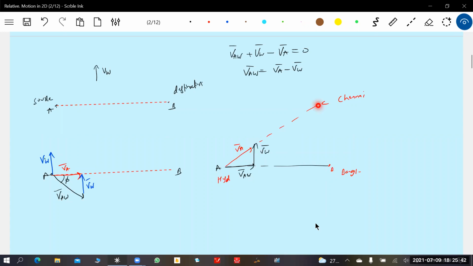So what will the passengers do? I think they will beat you, no? So what is the problem with the pilot? The pilot doesn't actually know the relative velocity. Are you getting it? I think this is the biggest problem we have. If this is Hyderabad and this is Bangalore, we should not land in Chennai, because we are heading for Bangalore. So therefore the effect of wind will come into the picture.